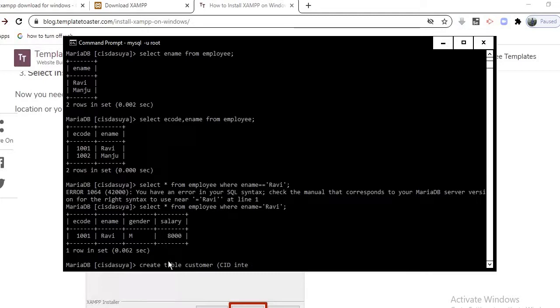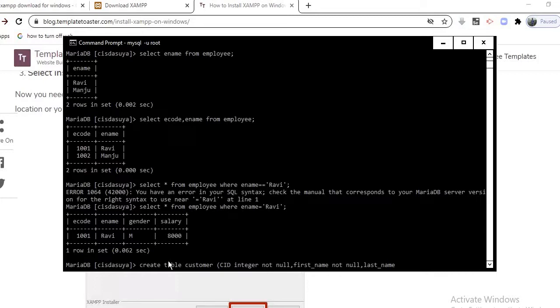Its data type is integer, and I place the first constraint, not null, and first name also not null, and the last attribute is last name, and we can keep its length also.